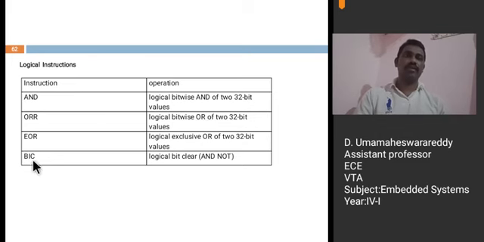Next, logical bit clear, BIC. BIC will perform a bitwise AND of one register with the complement of second one. That is the use of bit clear instruction.